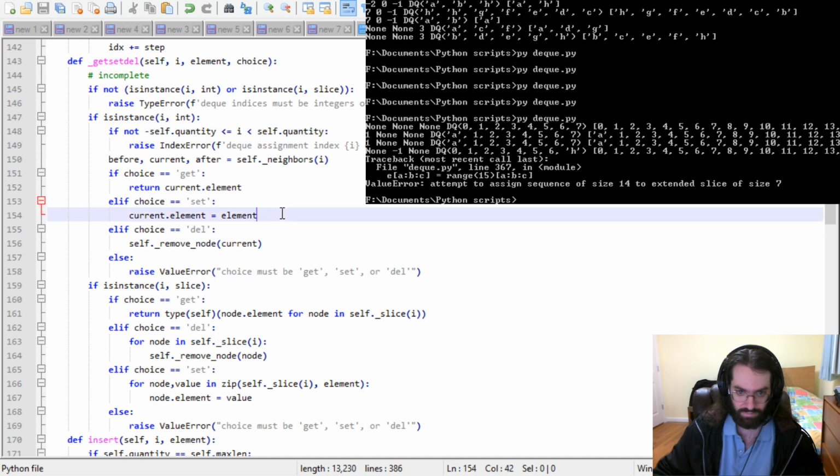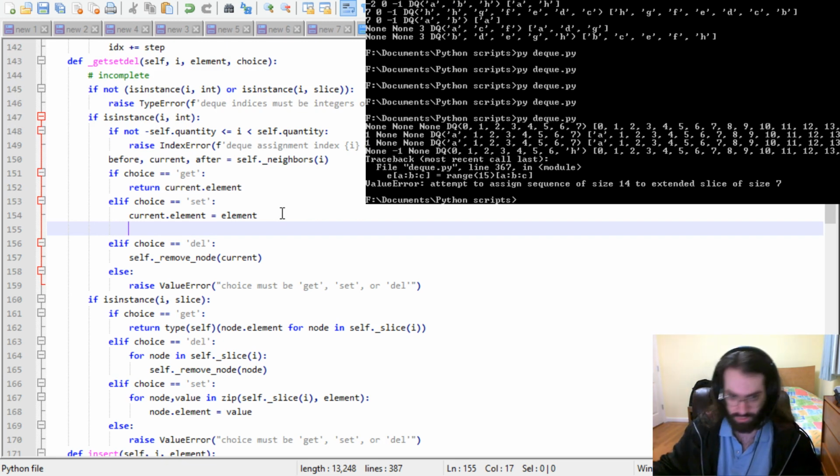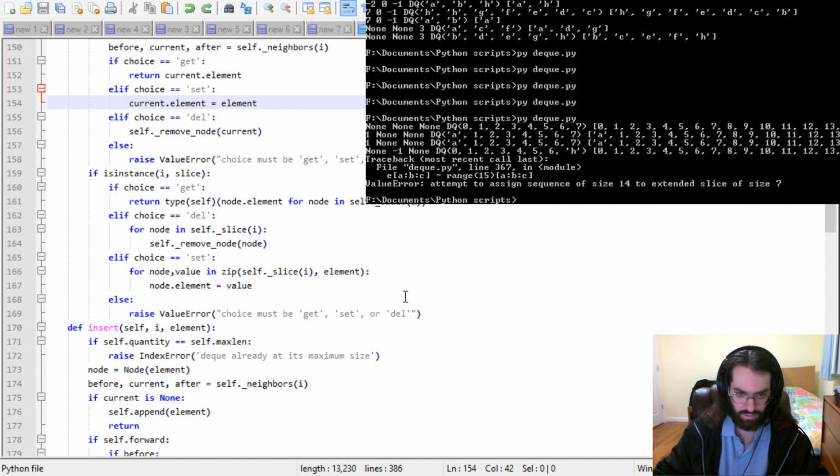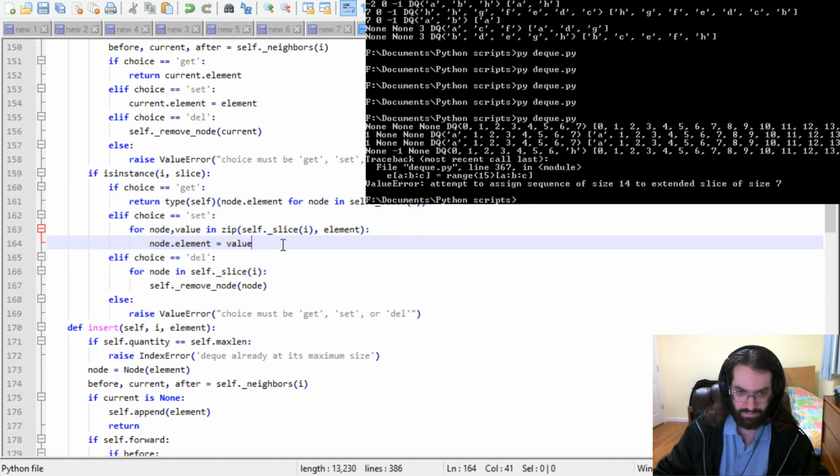Get, set, okay. So now we want this for the int, sorry, for set. And let's move this up so it says get, set, delete, because it's the get, set, del method, so it's going to be get, set, del. So there. Okay, so we've zipped through both of them, and now we want to,